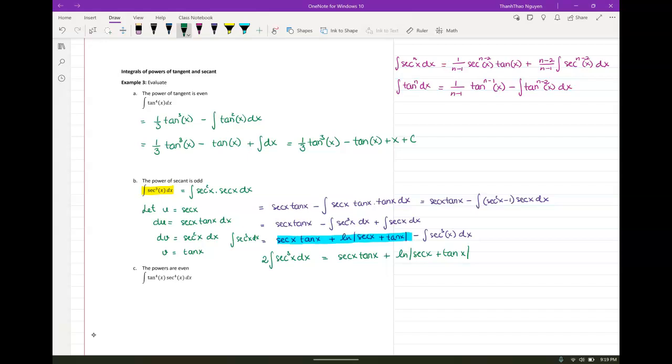And we divide both sides by 2. Then we get the integral of secant cubed of x dx equal 1/2